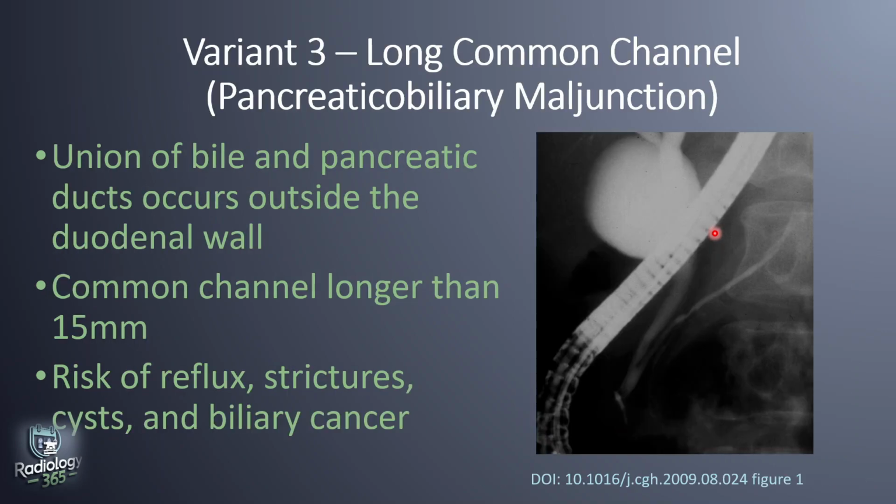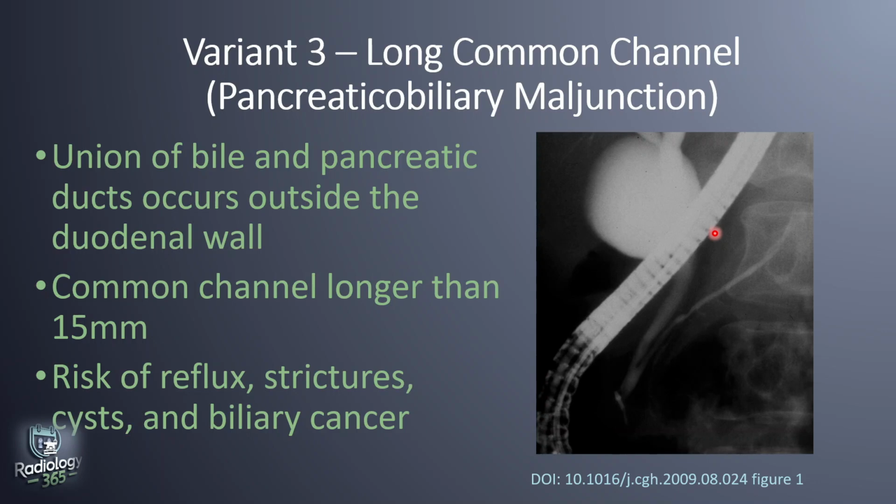Just very aberrant. Now the next variant is the long common channel or pancreatico-biliary maljunction. The bile and pancreatic ducts form a long common channel before they reach the duodenum, usually over 15 millimeters in length. Some literature also use 6 millimeters as their cutoff. And why does this matter? This long channel allows enzymes to flow backwards, so you can have reflux, and pancreatic juice can then reflux into the bile ducts, and this can cause chronic irritation, strictures, cysts,